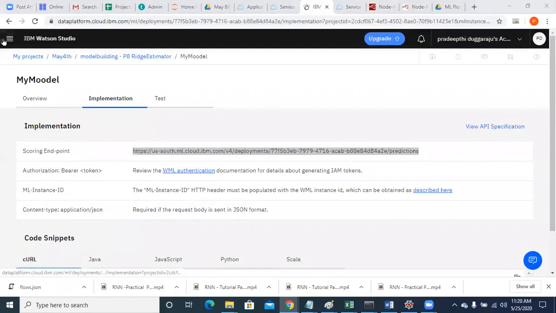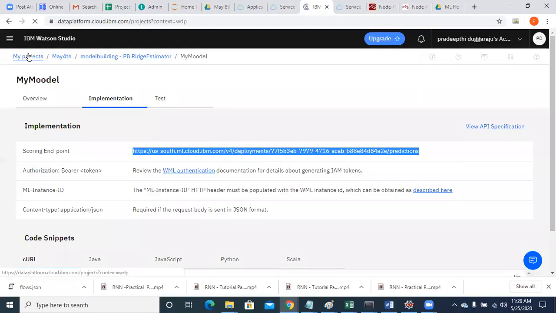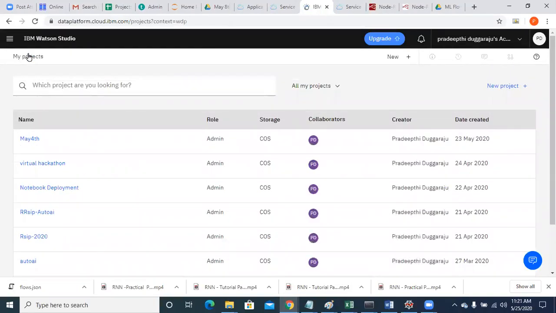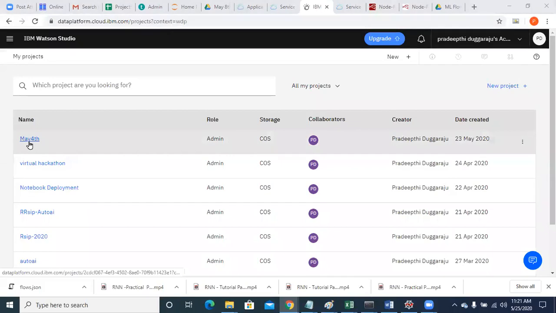You have to go to the IBM Watson Studio. Have you gone to your IBM Watson Studio? Have you opened it, everyone? Do you find your created project over there?